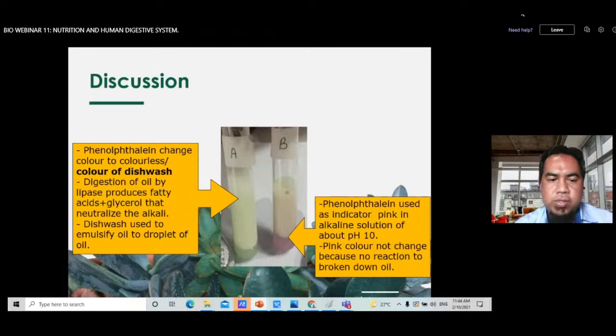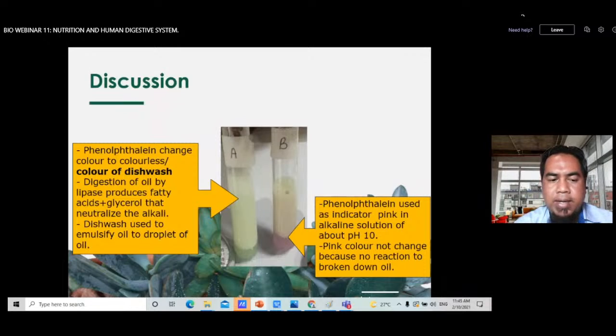Okay, because digestion of oil occurs in test tube A. Digestion of oil by the enzyme lipase produces fatty acid and glycerol. When fatty acid and glycerol are produced, they will neutralize the alkaline solution here. So penghasilan fatty acid dan juga glycerol ni dia akan meneutralkan ataupun merendahkan pH larutan yang alkali